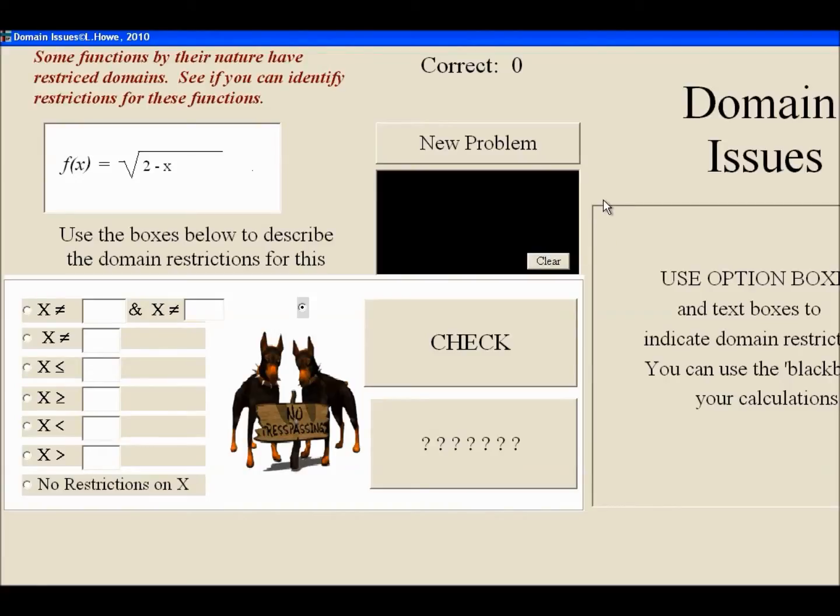The domain is the set of all the possible x's that can be in an equation. Domain is the set of all x's, and range is the set of all y's. Now, most of the time when I was young, I thought x could be anything when you had an equation, and then you just plug it in and you find the matching y. But there are some equations here,